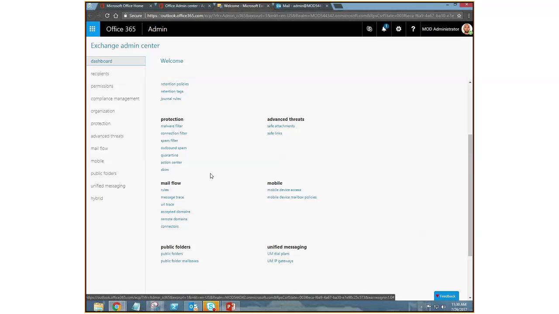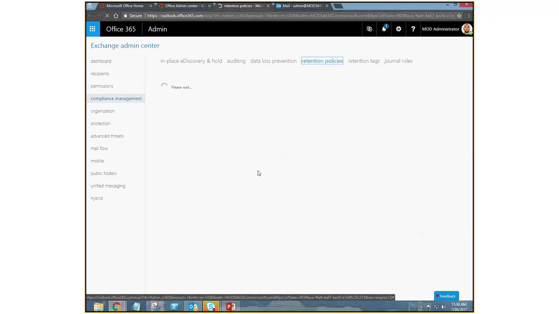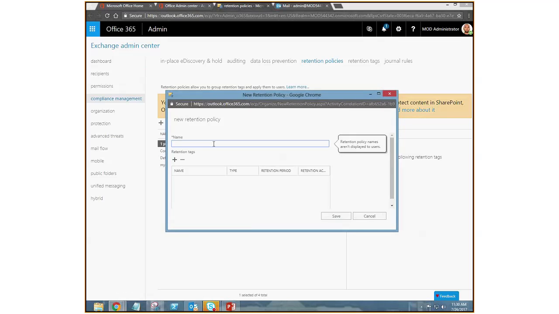And you can also set policies on entire groups of email addresses in one shot. It need not be one email address at a time. Retention policies and retention tags is something that an administrator should also see. So when you create a retention policy, let's say you want that after 1 year, all your employees' emails should automatically move to the archive, or should be automatically deleted, or should be automatically backed up, something like that. So let's say I give a name as